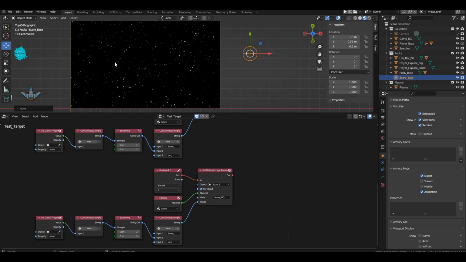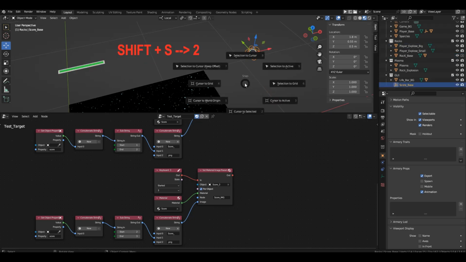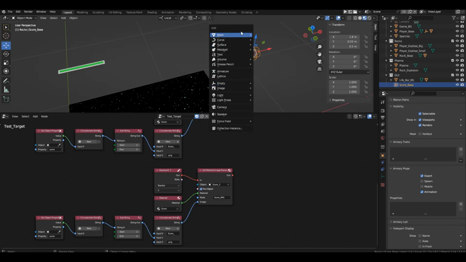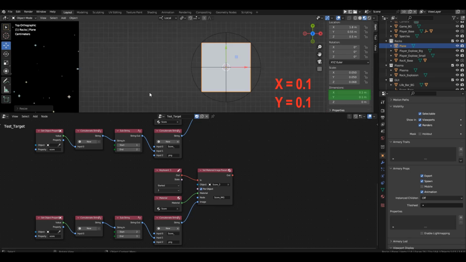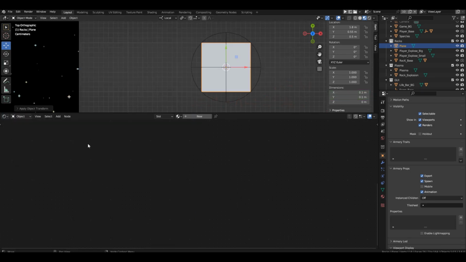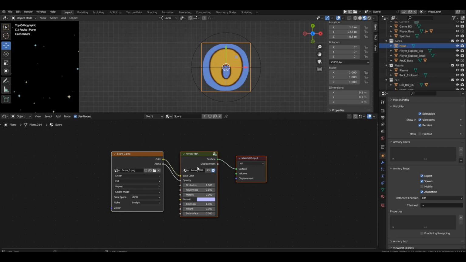Let's select the life bar, consisting of two objects, and the new empty, and place them in a new folder named GUI. Now, select the empty, move the 3D cursor into it, and create a plane. Resize it to 1/10 of its size. And apply the scale. Go to the material settings and assign the existing score material from the previous lesson to the plane. Now, we need to create 5 more copies, and it's easier to do this using the array modifier.